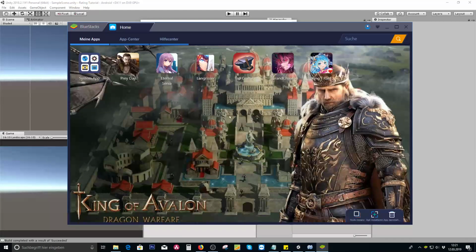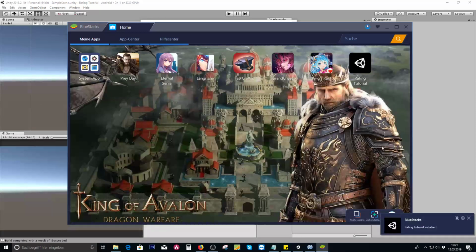So what I do now is I drag my rating system in here. It is also called rating tutorial. It was the name at the very top. And once it is completely activated and running, we can start it by just clicking on it. I ignore all the other icons here. I don't need them. So now it is completely installed. As you can see, BlueStacks rating tutorial has been installed. When I now press play,